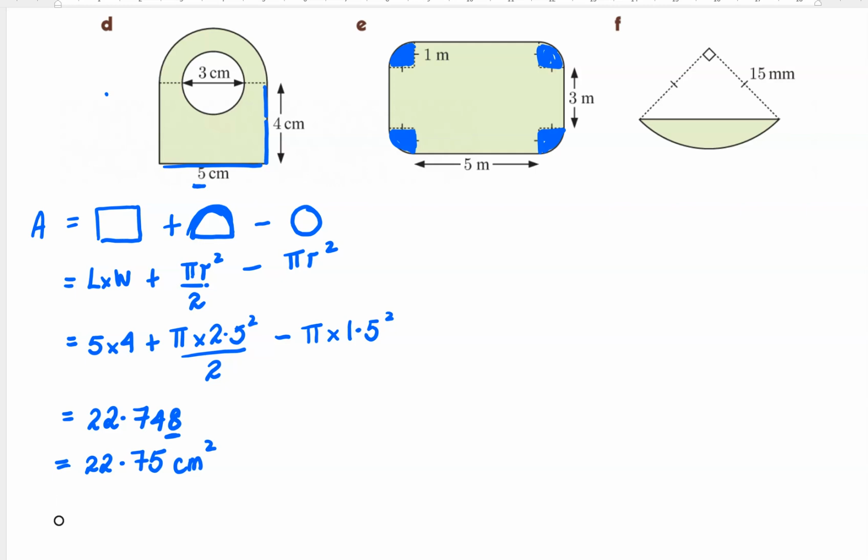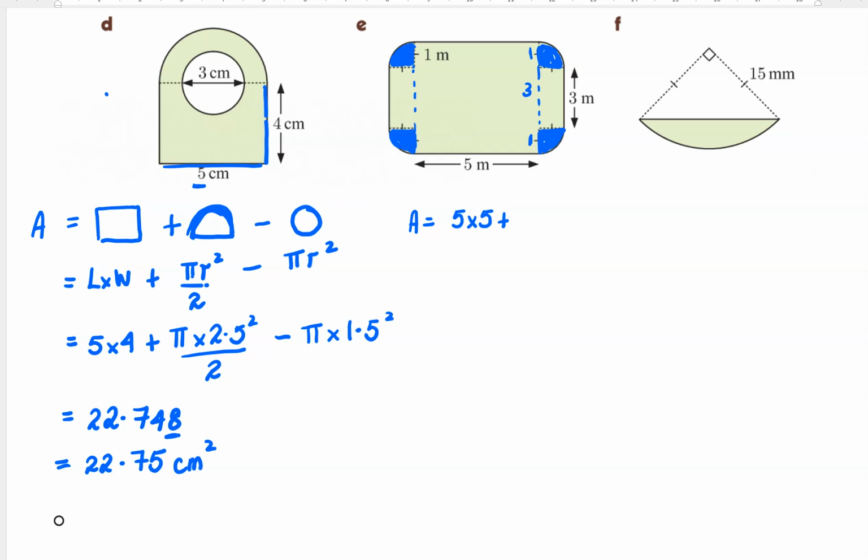Okay, and what about the rest of it? I could break that up. Okay, I've got a rectangle there, which is 5 by, what is this one? Now that's 3. They're telling me that that's 1 unit and that's 1 unit. So that means my area is going to be 5 times 5